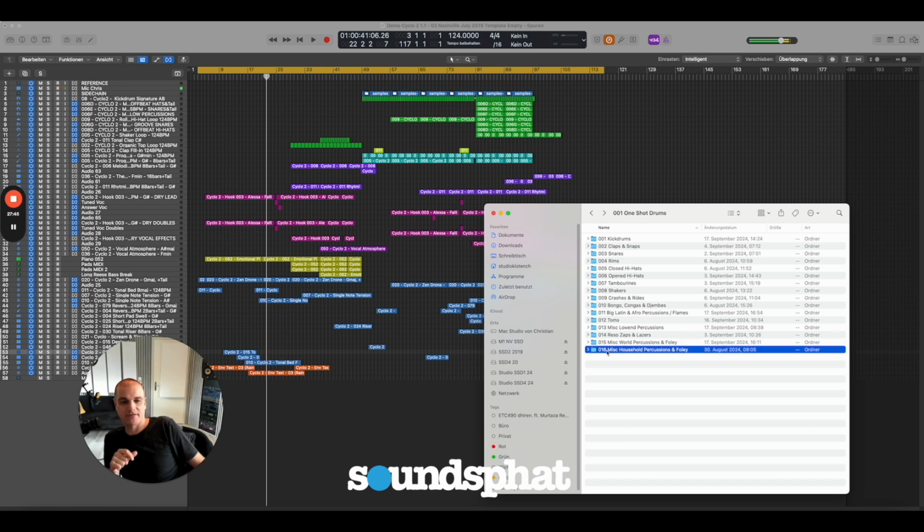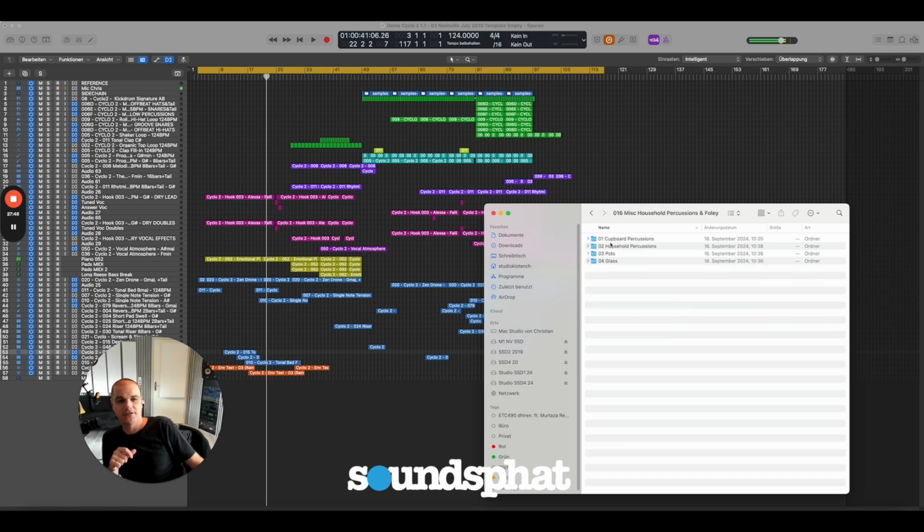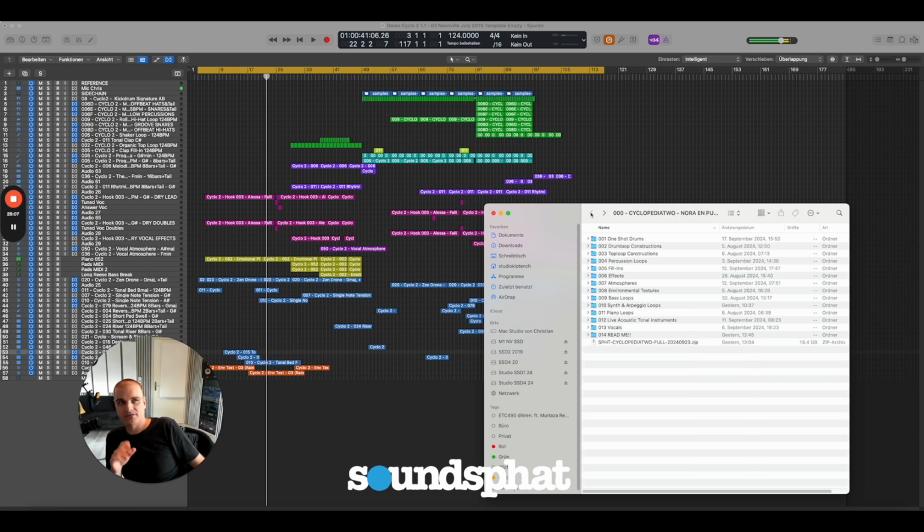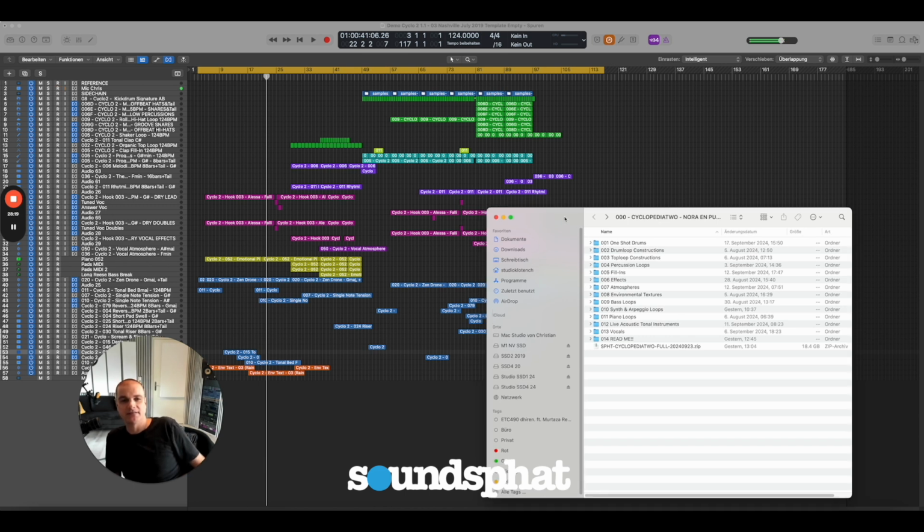And then we're having the last folder, which are certain household percussions and fully cupboard percussions, household percussions in general. The pots I separated, as well as the glass samples, can be found here. So this is the one-shot drum section, which is, I think, 2,200 something one-shot drums here. So a big load of one-shots can be found here for all sorts of applications, all sorts of styles of